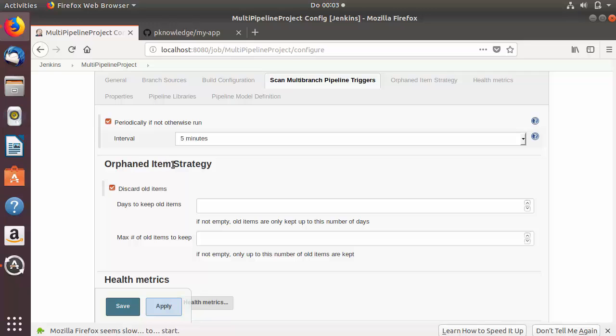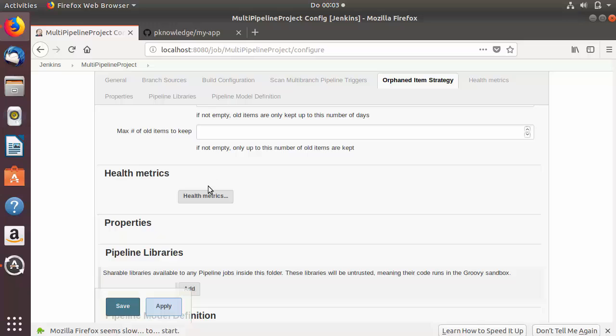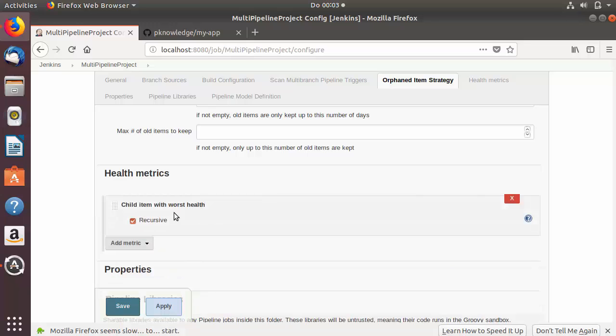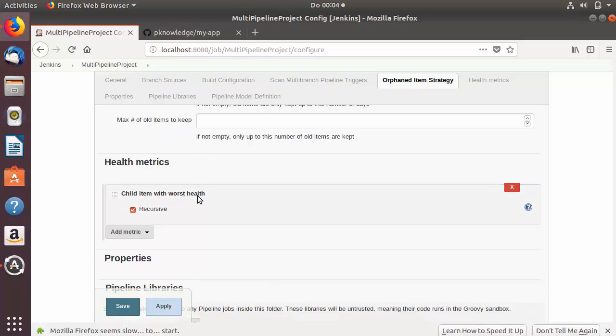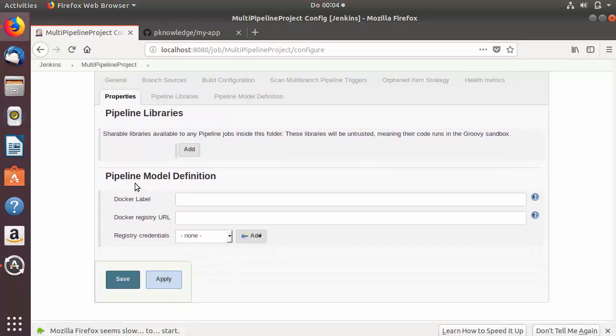So orphan item strategy we will not be using, and then health metrics, we can just click on this and you can see there is one health metrics which is child item with worst health. Pipeline libraries, we don't have any pipeline libraries, so we are going to leave this as default. And then the pipeline model definition, we also don't have any model definition, so I'm going to leave it as